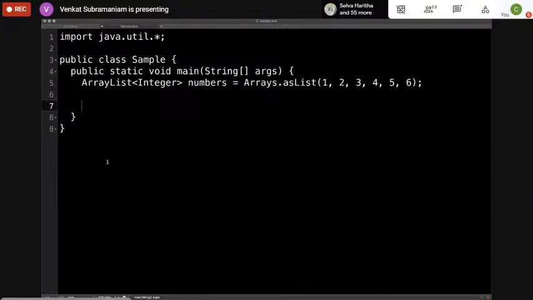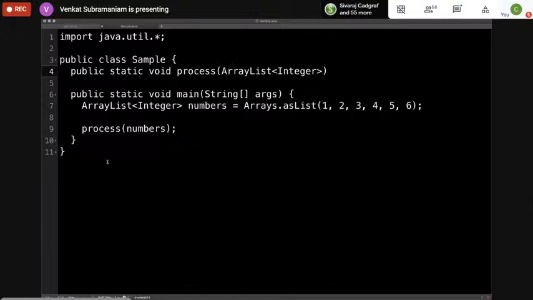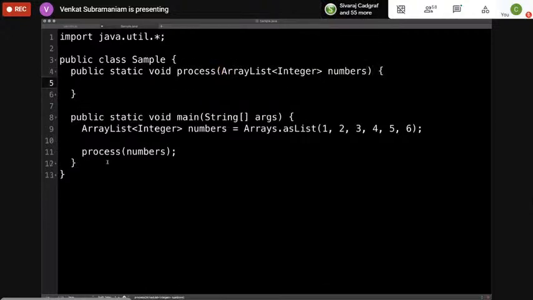Well, now I want to say, process. And the process function is going to take numbers and do the processing. Now, what I'm going to do here is I'm going to say a public static void process. And this is going to take an array list of integer numbers. And what I'm going to do in here is simply say, I'm going to write a code in a boring way just to illustrate the point.